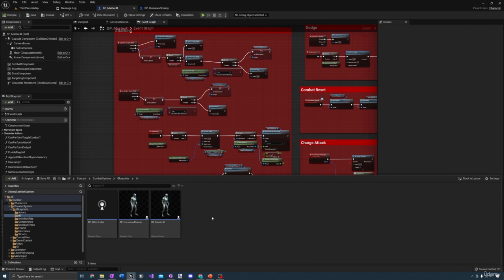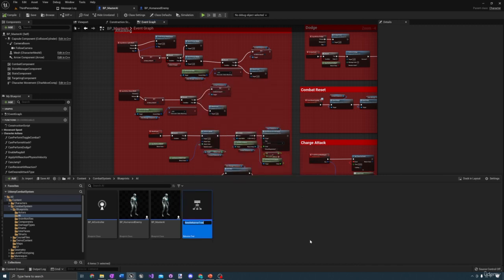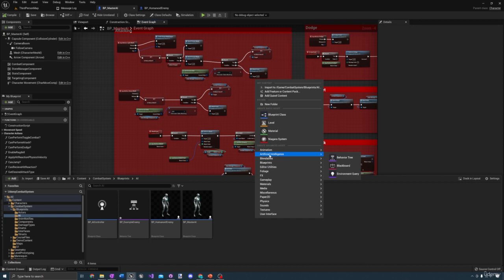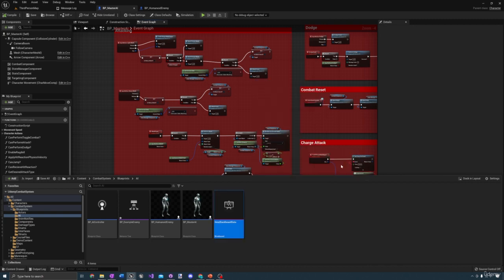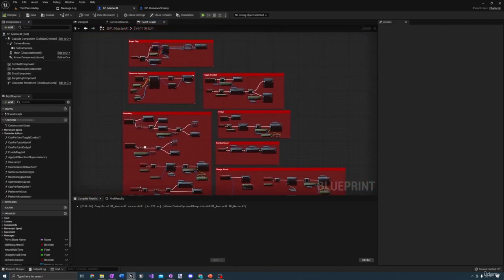Let's create our behavior tree asset. So under Artificial Intelligence, select Behavior Tree. We'll call it BT_ExampleEnemy. Okay, now let's create our blackboard. Under Artificial Intelligence, select Blackboard. Add BB, which stands for blackboard, underscore Base. Okay, save all. Now that we've done all of that, let's go to the master AI and let's modify